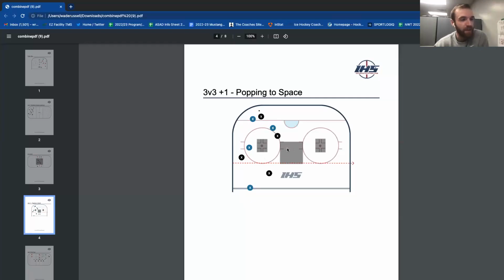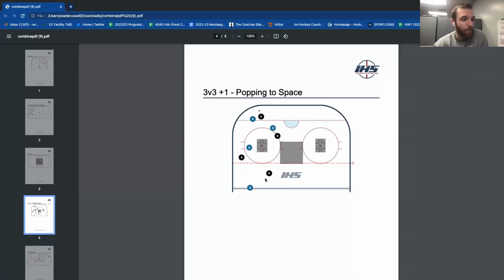And then maybe you add in a second space, like the high slot now is worth 2 points. You prioritize getting it to that prime area of the rink a little bit more. And then a third progression you can do, if you're not already playing full rink, you can expand it to the full end. But a third and final progression that I'll often do to build in that anticipation, that